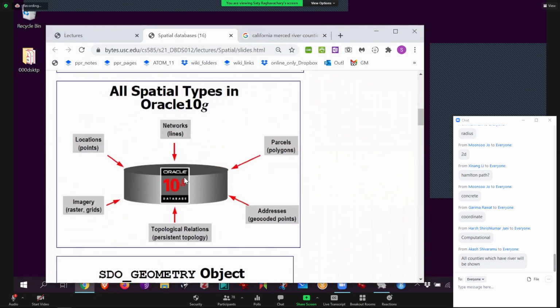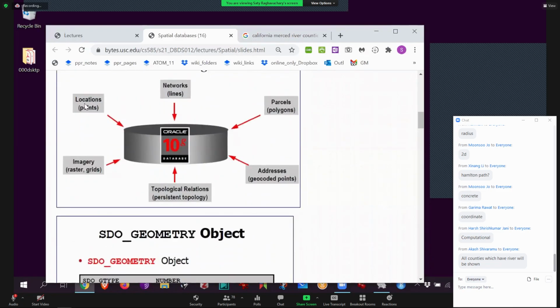Okay, so what can be stored? All the things I told you can be stored. Points, lines, and polygons can be stored, and you can ignore the topological part. Pixels can be stored. Geocoding simply means there are databases that can take an address such as 940 Bloom Walk, the CS department's address, and give you the latitude, longitude that goes with that address.